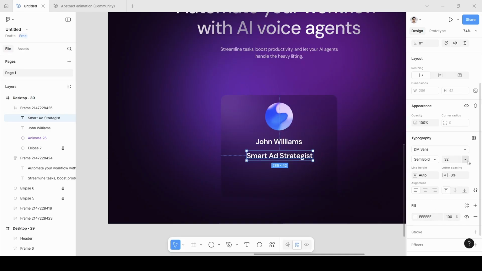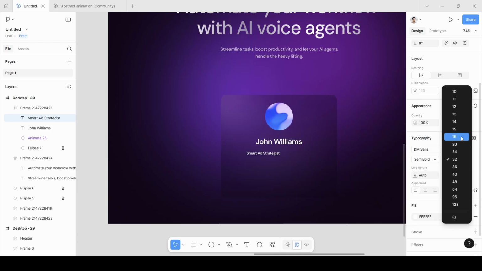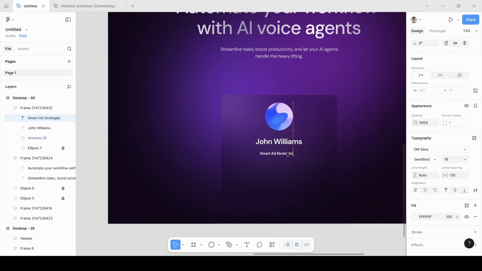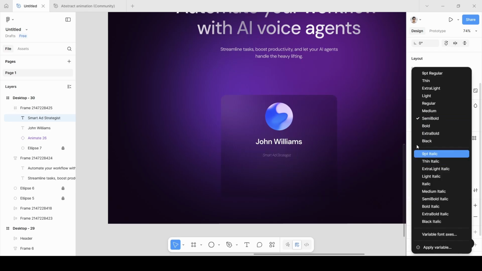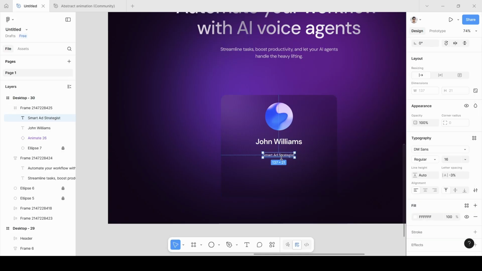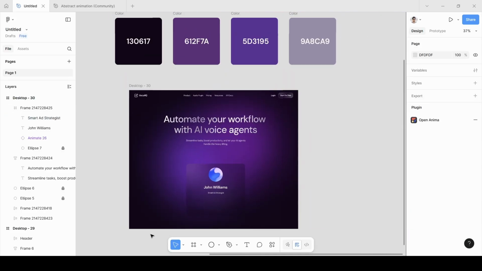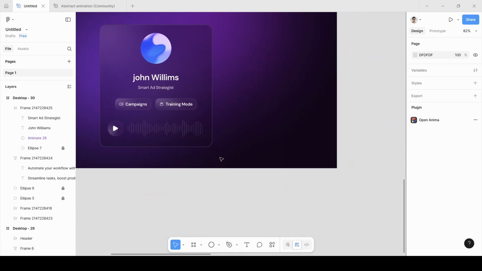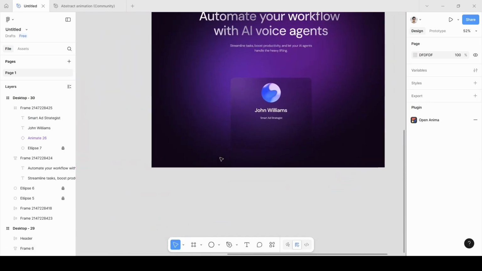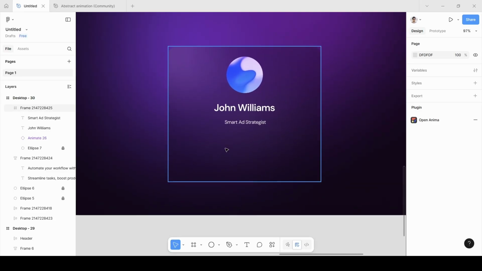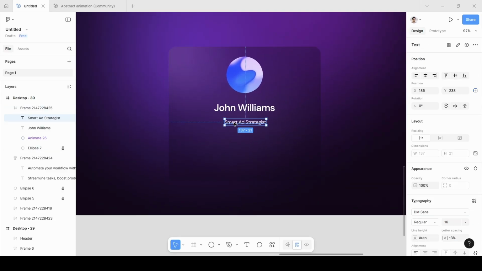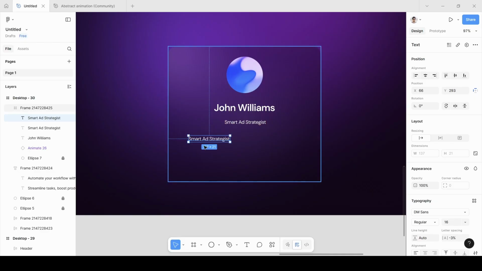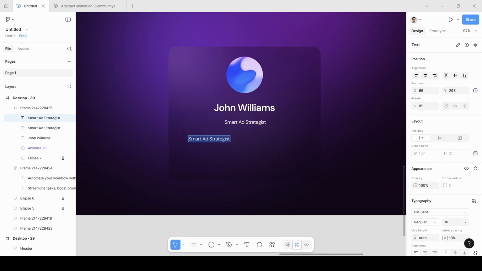So we're going to change it to 16 pixel. Okay, and size is going to be regular. It is going to be there. Next thing we need to do is we need to make these badges. Okay, so to do that we can start by duplicating this text by holding Alt key and put it there, and